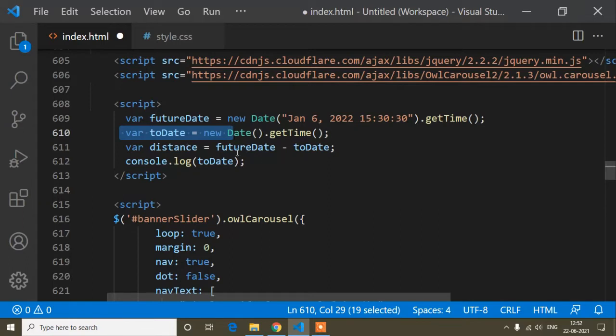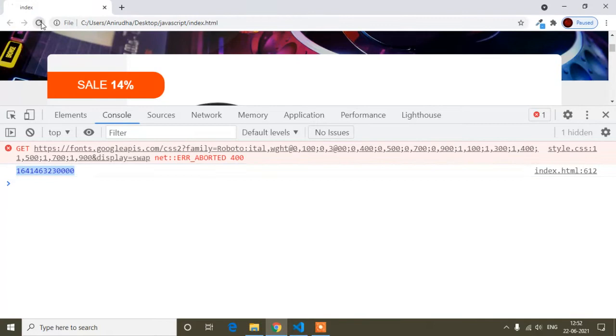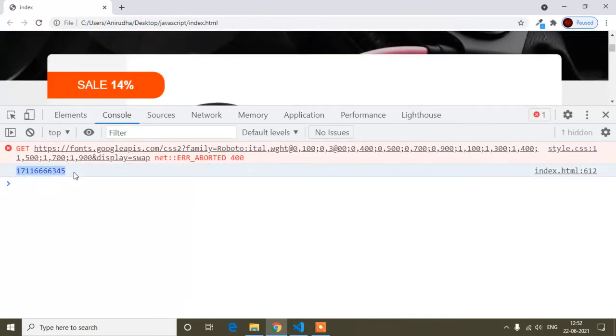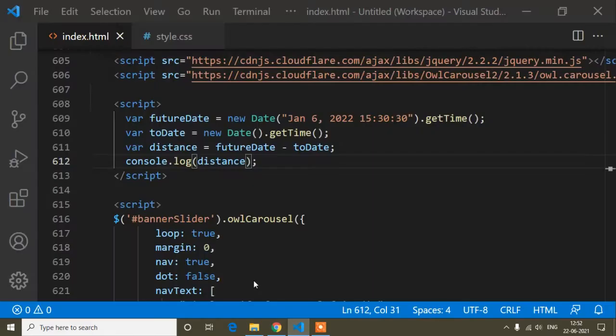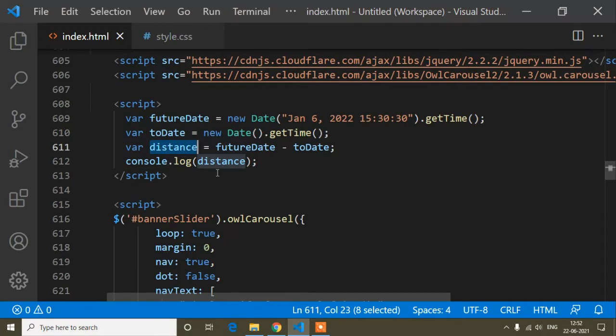So now if I subtract today's date from the future date, I can do that and I will get the result in milliseconds. If I print this one, I will get the remaining time in milliseconds. So I'm getting distance here. Now guys, from this distance I have to calculate days, hours, minutes and seconds.